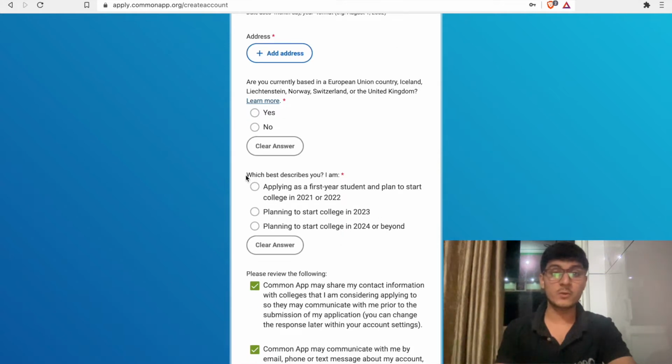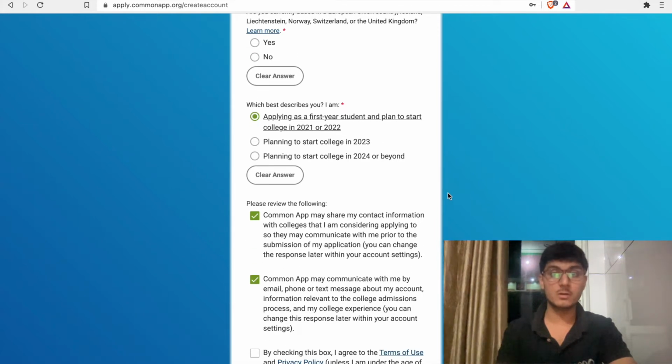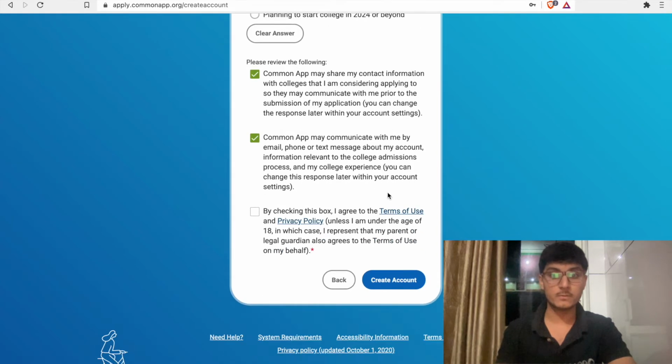Then you have to tell about what best describes you. Like I was planning to start college in 2022, so I will choose this. But if you are in class 11th or 10th, then it will depend on you. Then you have to check this box unless I am underage.